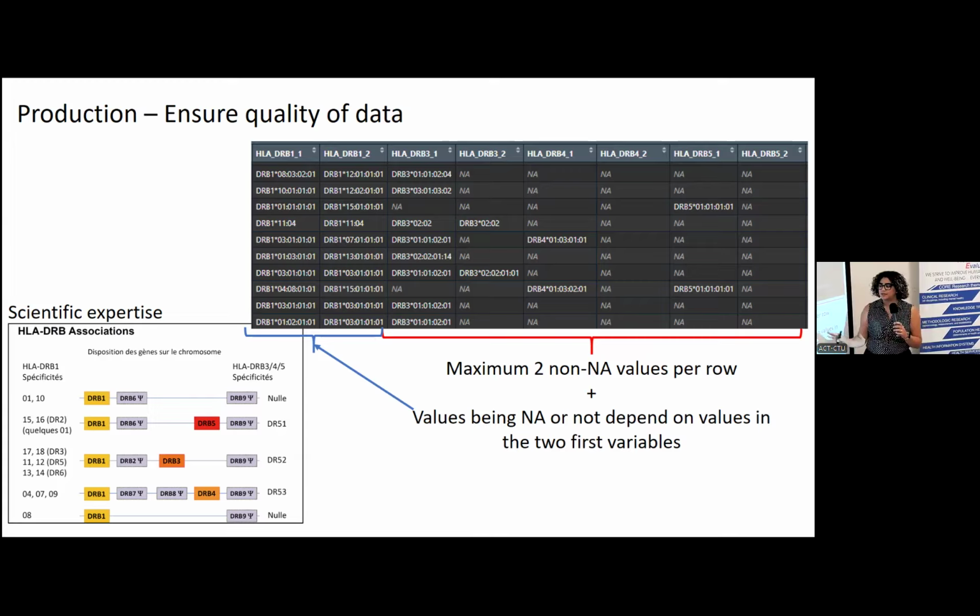Sometimes it could be because there weren't enough white blood cells in the sample that was used, so the values are inconclusive. That's okay. That needs to be documented, so whoever's using the data doesn't question it every time and knows that, okay, this is missing, not because it's supposed to be missing, but because it's inconclusive. And so with the data sets, we're also preparing all the documentation that goes with it.